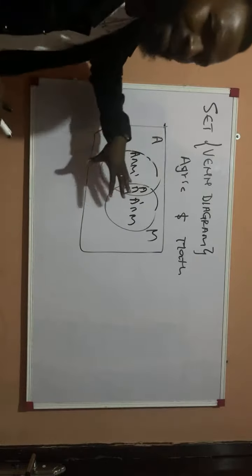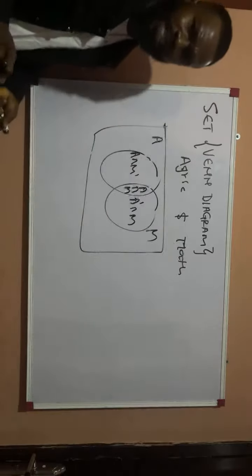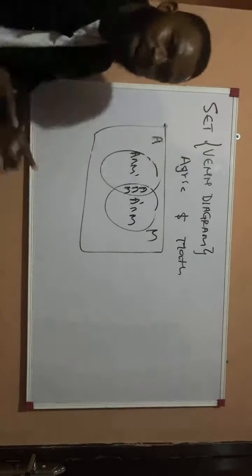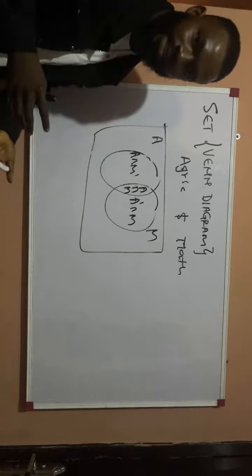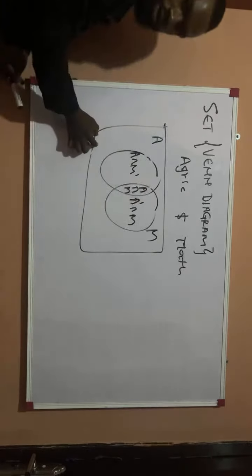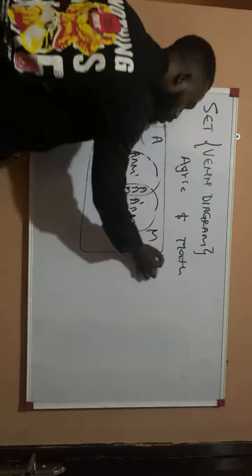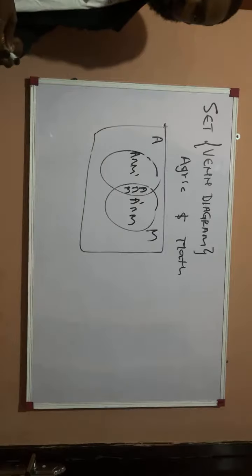Now, in this same class, there can be some students that do not offer Greek and also don't offer mathematics, but they also make up the total universal set in that class. So what do we say? Those people are outside the circles, but they are still within the class, because they make up the total universal set. So they become